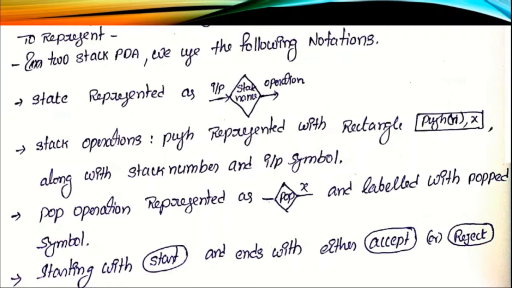To overcome this problem, we use some graphical notation. Each and every state is represented with a rhombus or diamond symbol. This is the symbol for every state representation. Within this symbol, we write the name of that particular state. This state is used for performing the read operation. That means it can read some input symbol and perform some specific operation, which may be either a push operation or a pop operation. This is the representation of each and every state.